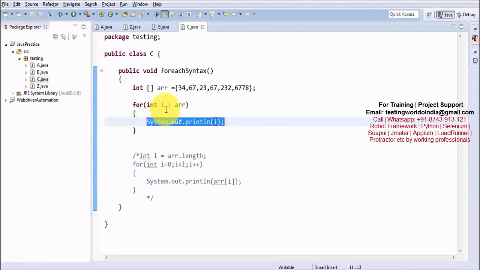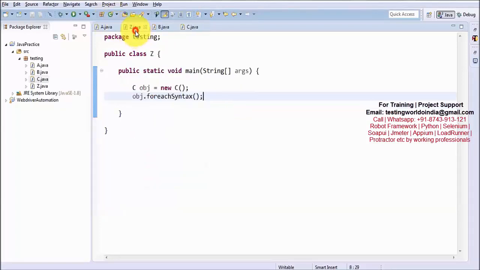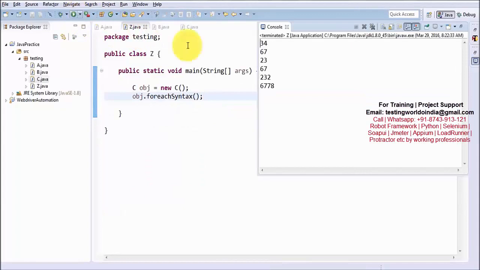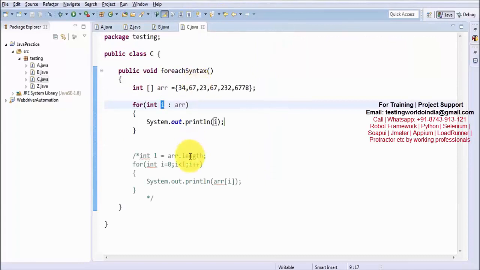So that is a for each loop: for each value of this array, this loop is going to run, and every time i will pick one value from the array. If I execute this, you will see we still get all the values. We need not define or find out the length. We are just saying, I don't know how many data you have,